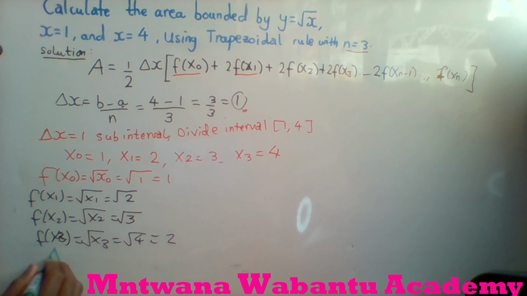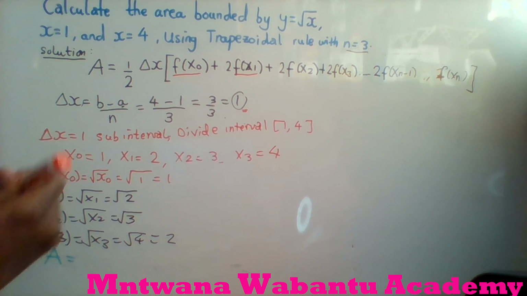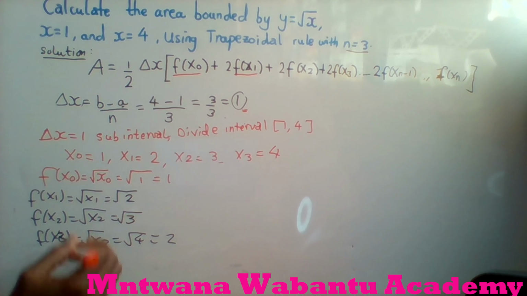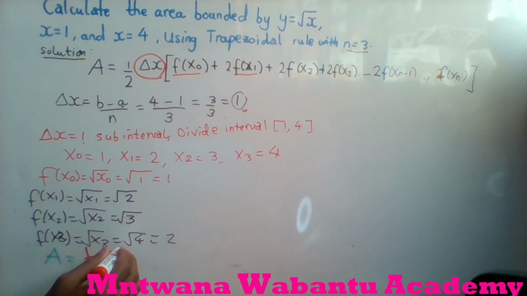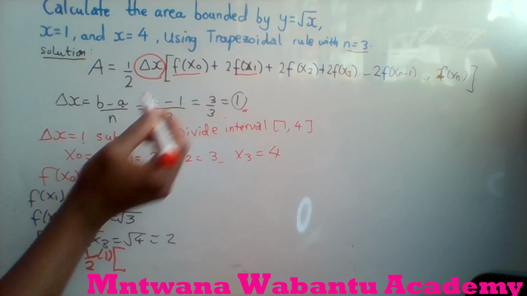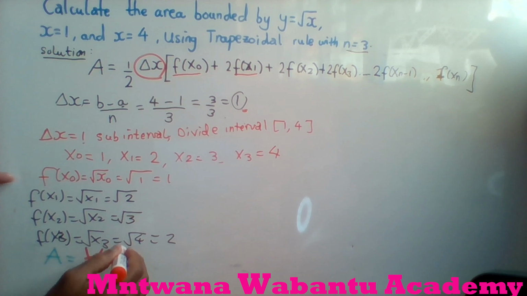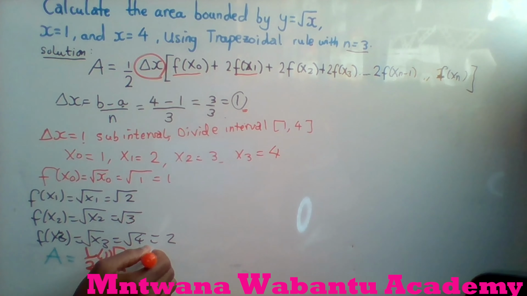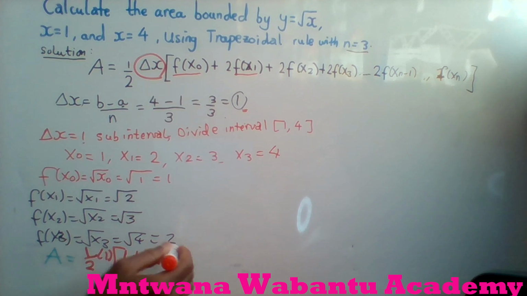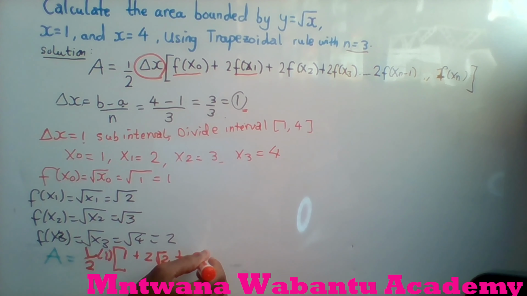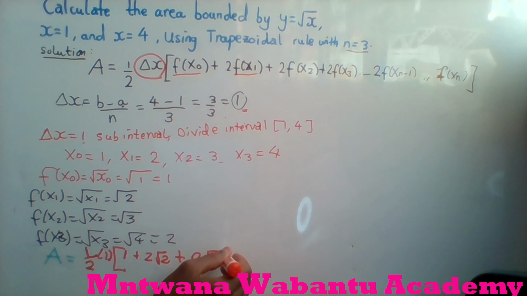So the area we're looking for is equal to a half, delta x, which is this one, 1, times 1, in the bracket. Okay, f of x0 is equal to 1, plus 2 f of x1. What is f of x1? Equal to the square root of 2, plus 2, until we finish, f of x2, the square root of 3, plus